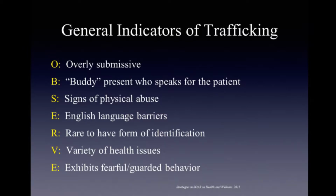If there is a buddy present who constantly speaks for the patient, that buddy is oftentimes either the trafficker or a trusted agent of the trafficker. If they exhibit signs of physical abuse, if they do not speak English or do not speak it well, if they cannot show you a form of identification, traffickers very often will confiscate IDs, travel documents, anything they can in order to maintain control of